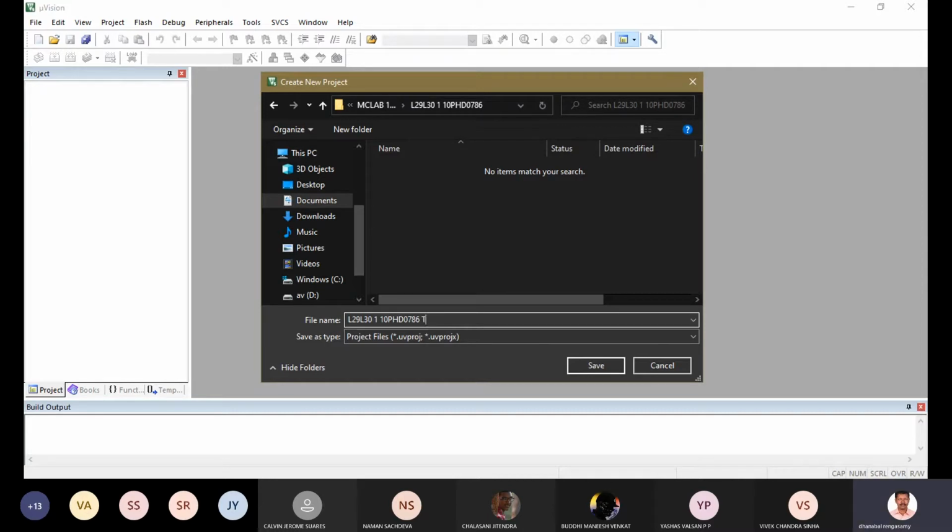Okay. Then task 1. If you are doing task 1, first program means 1A you can give. Or task in this project name, you just give L2930, first student and your registration number. That is enough. Okay. So I will snip it and share the format which you can refer to later when you are doing.